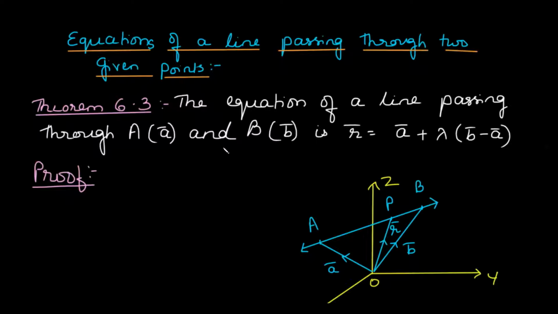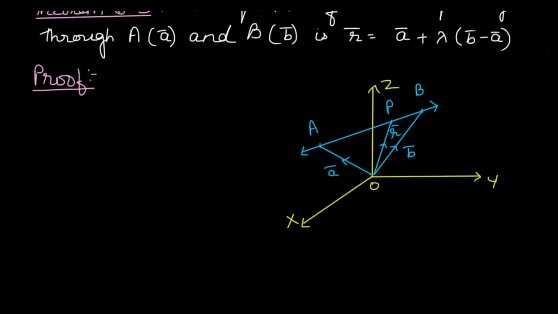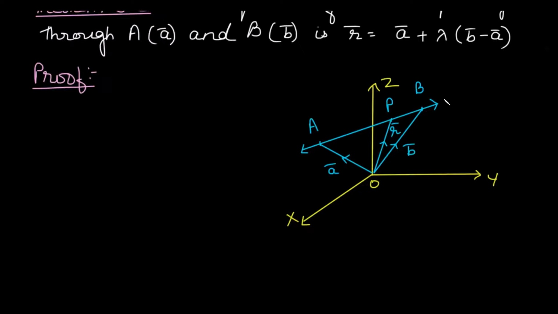Now remember that in this case the vector which is parallel to the line is not given. We are only given 2 points on the line. So let us see the figure first of all. Suppose in this case line L is the required line and A and B having position vectors A bar and B bar are the two fixed points on the line. So this much you are supposed to write in your proof. And also P is another point.